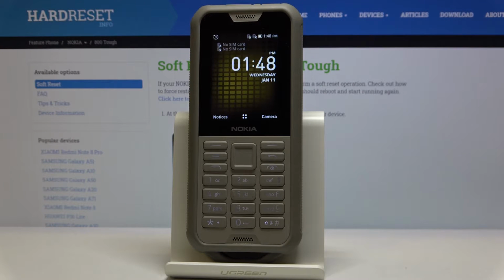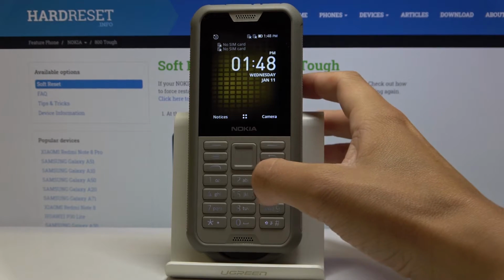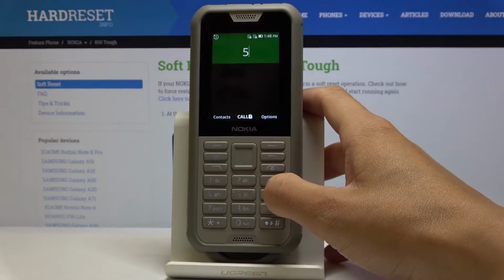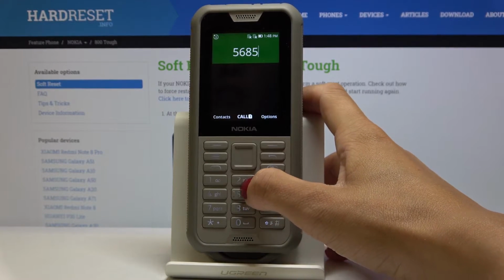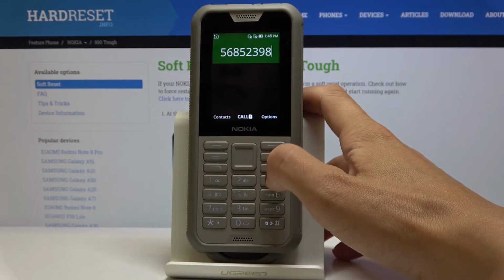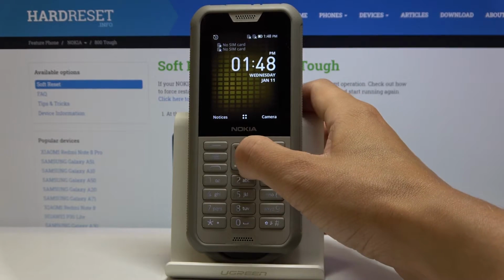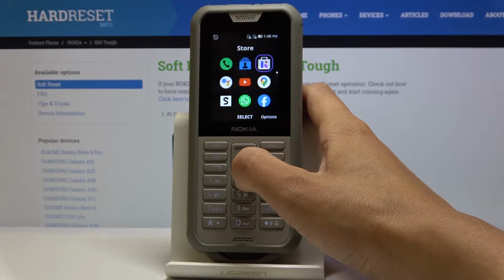In front of me is Nokia 8000 and let me show you how to activate dial pad sounds on the following device. So as you can hear, actually you cannot hear it, right now it is deactivated, but if you would like to hear each tap, just open the settings,